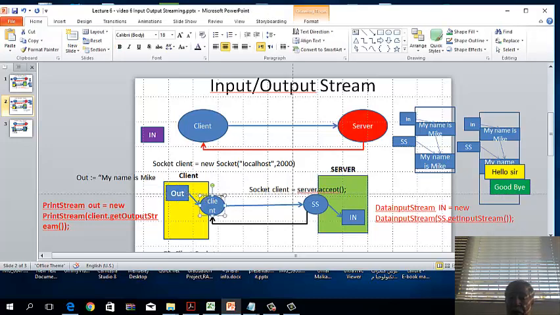The output stream allows me to write into the socket. The input stream allows me to read and take the data from the socket, whether it's in the server or in the client. So now, for our connection, for our echo example, which we did earlier,